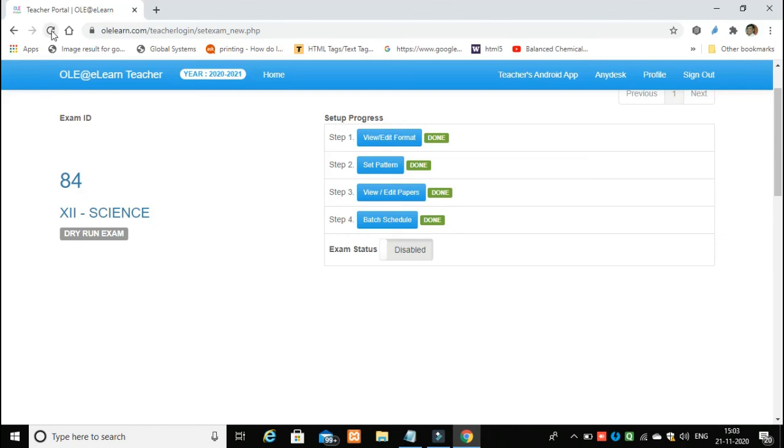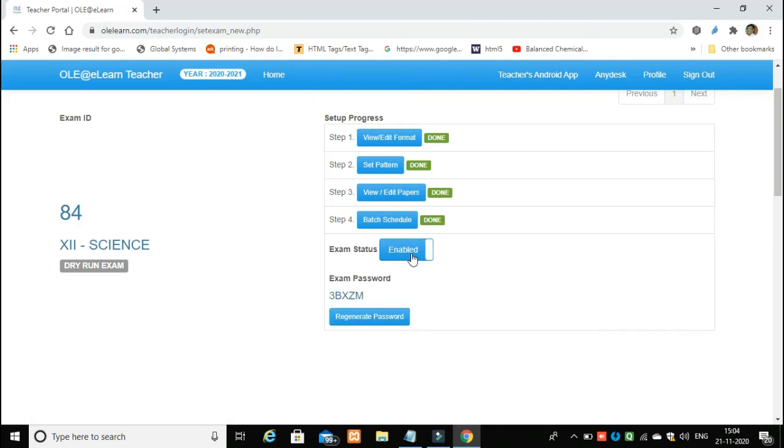Now currently the exam is disabled. As you enable the examination, you will get a batch password. Once you have a batch password, the examination can be started. And if you feel the password is leaked, you can regenerate the password.